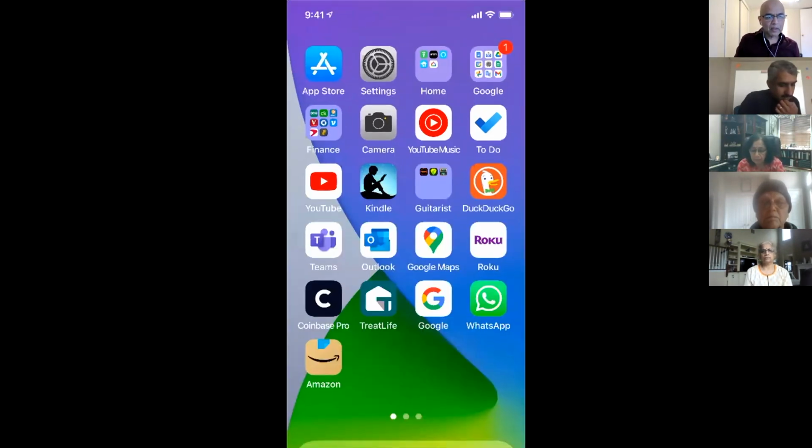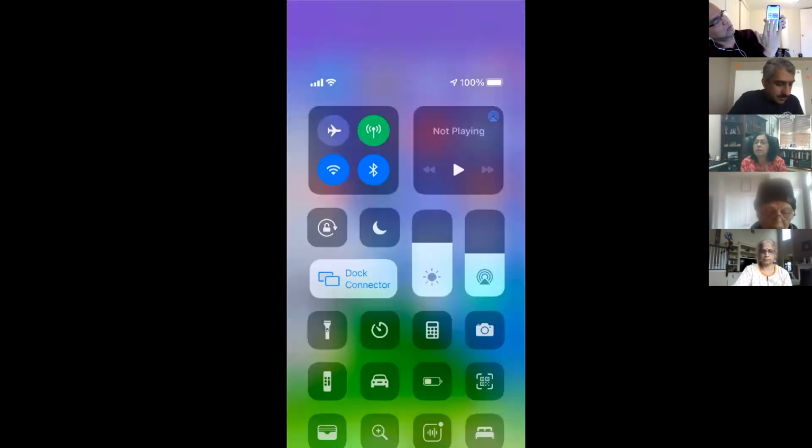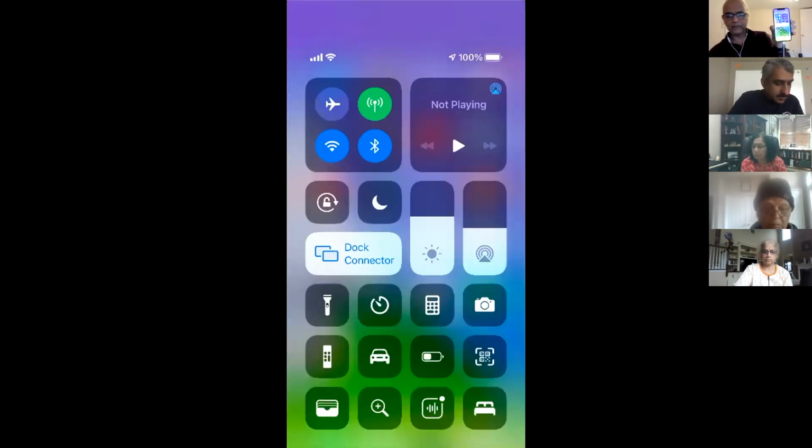What is the terminology for that? I just looked at it. Control center. So control center in iPhone is what you get when you swipe down with 3 fingers. I'm now showing on my phone, it comes up like this. When I swipe down 3 fingers from top to bottom, this is called control center, and I'm going to address